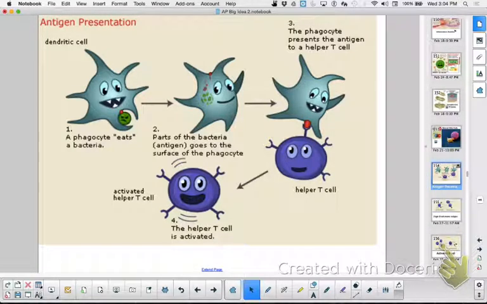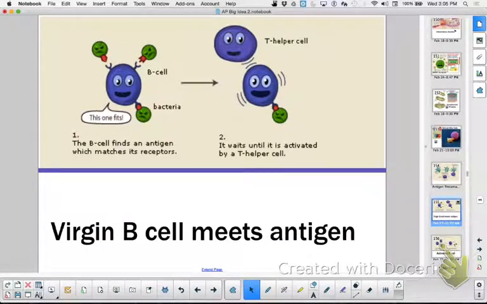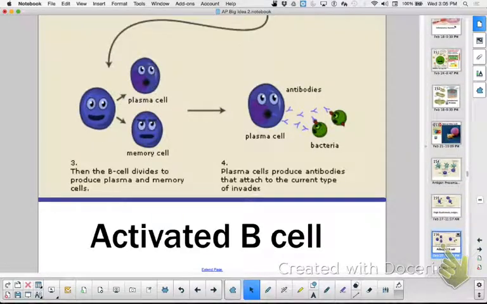because all that tissue fluid is going to be going through there eventually. So you present it to a helper T cell, and if it's a match, you trigger that helper T cell, and then he will become activated. A B cell has to be activated by the pathogen itself, not by an antigen presenting cell giving it to him. That's just how T cells work. A B cell needs it directly. A B cell needs confirmation by a T cell, and then he will grow and produce plasma cells,